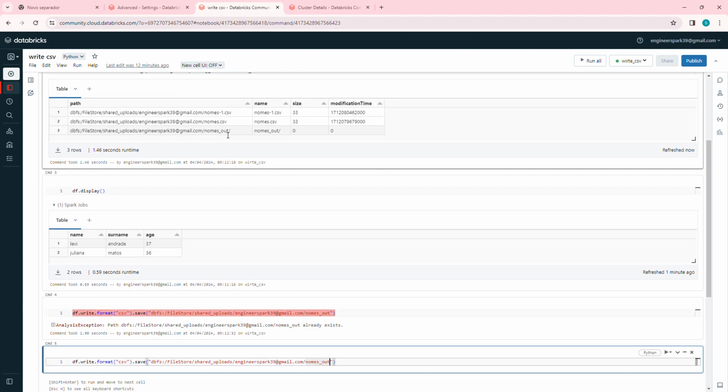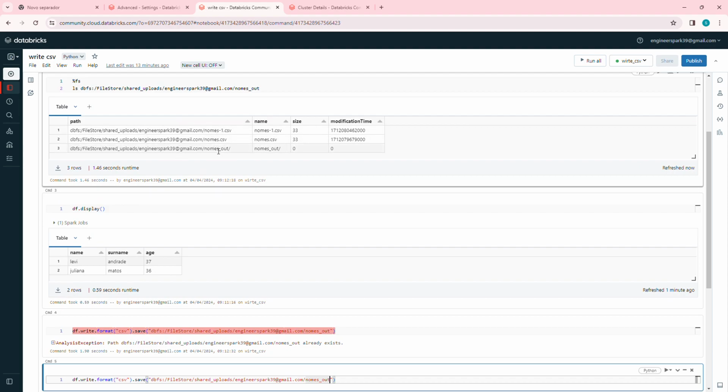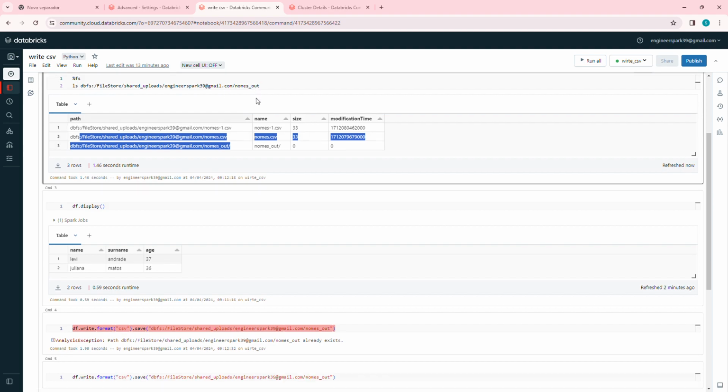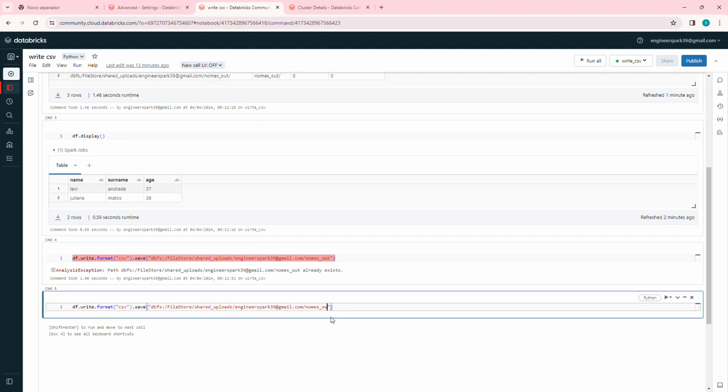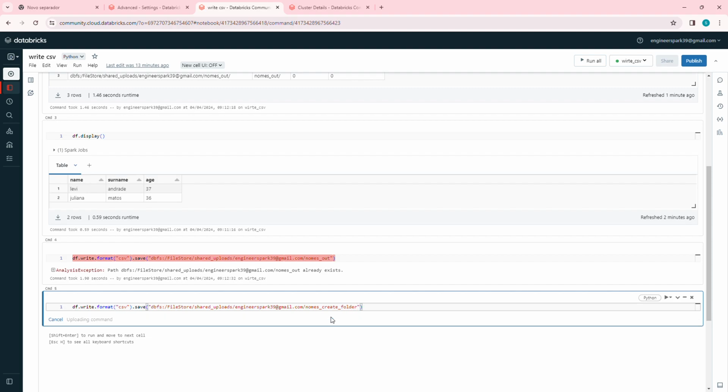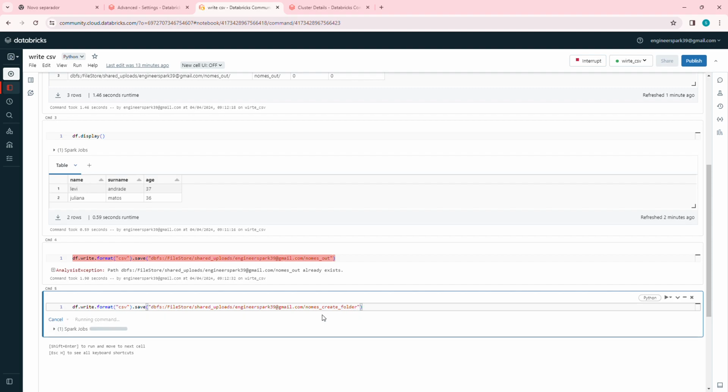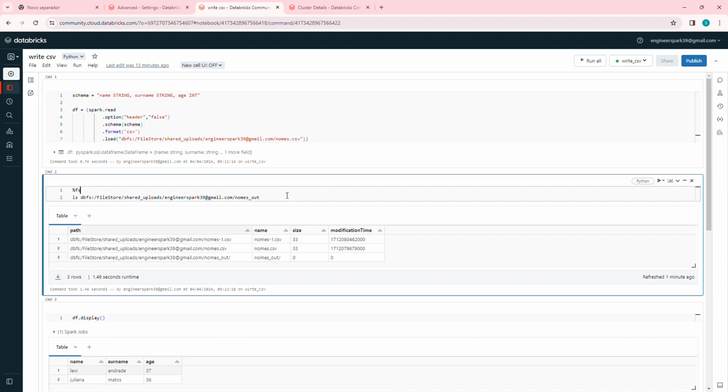As you can see here, there is no other folder inside this path, so I will say a different name that didn't exist there. The write process will create a folder with this command, names create folder, just for the sake of this illustration. So I will run it again,